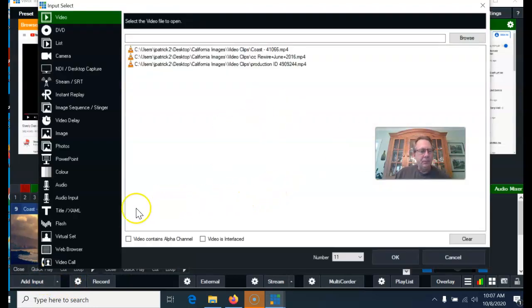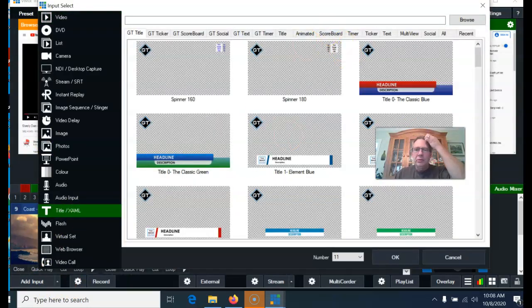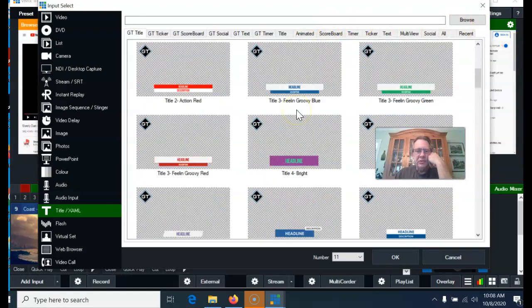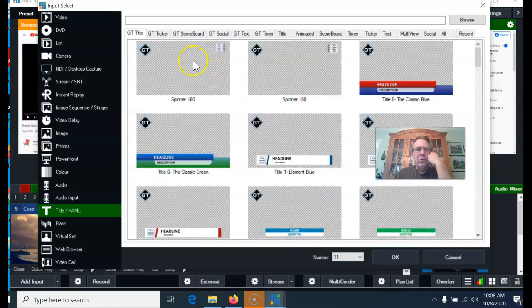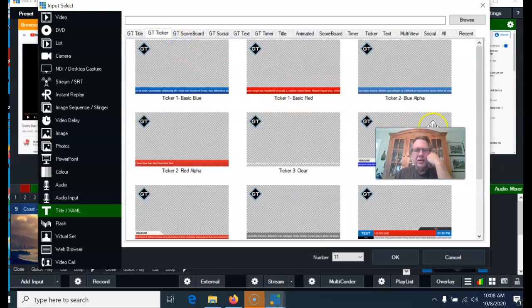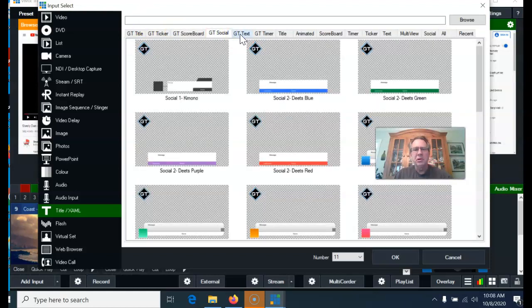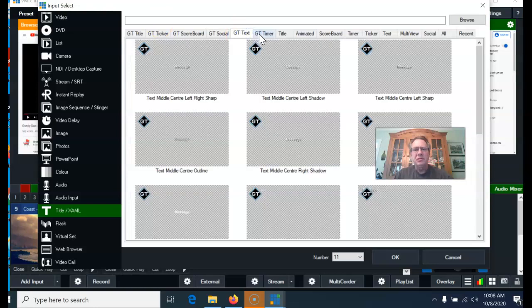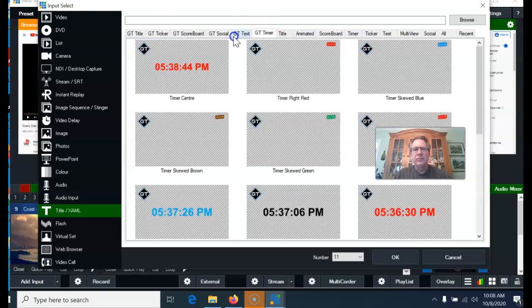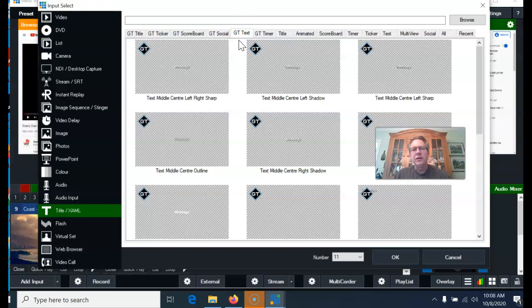So you go add input, title, and that opens up all these templates. So you can use any one of these templates if you so choose. There's a ticker, which is like that little bar that scrolls along the bottom of your screen. There's some scoreboards that are pre-built for like a sporting event. Some other options. So the GT text is the one that I find